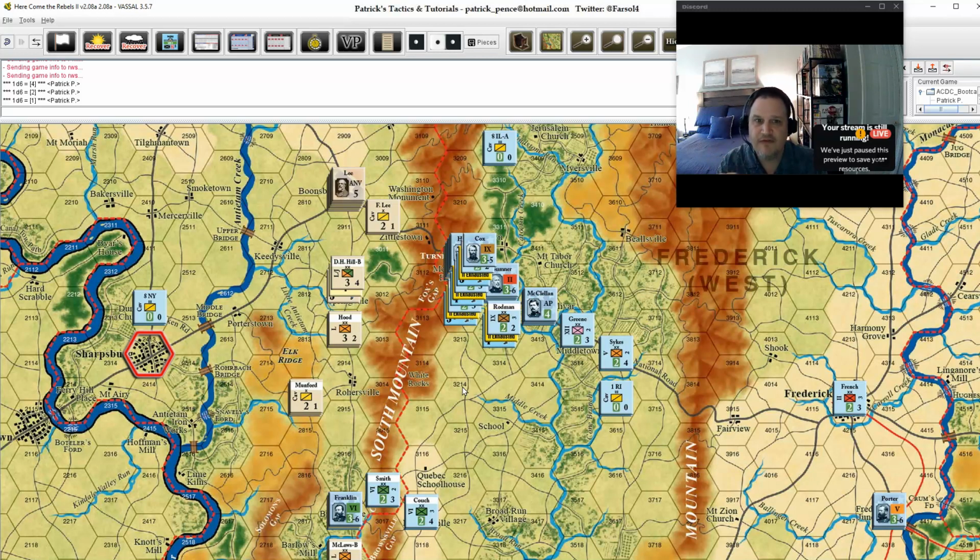You do all of the movements in sequence. I think a lot of new players, one of the mistakes they make is they just try to pick up the stack and move the whole thing as a stack. That is not the case in Great Campaigns. You physically have to move them one at a time, and those choices are important because the order of operations means that you may have to exert more movement points as you go into a hex